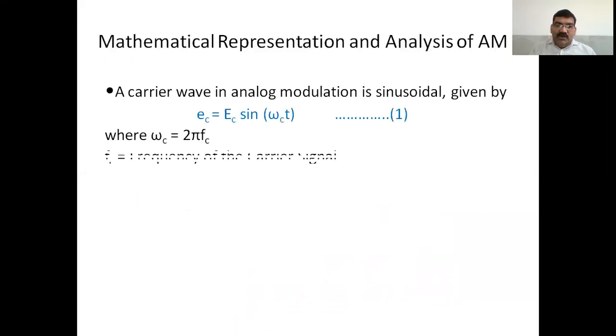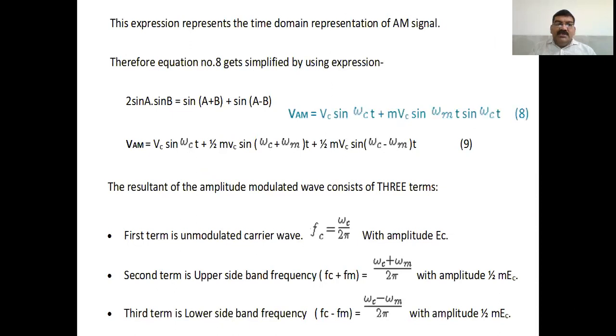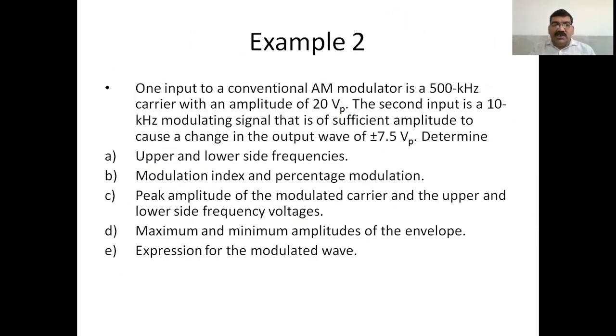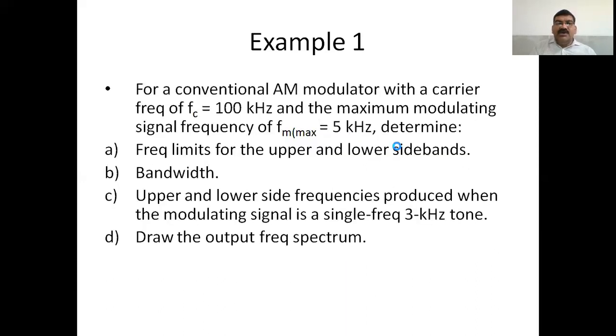Now we will go for the problem. Just specify to me, this is the question to you: the modulation index and percentage modulation. So what is the carrier amplitude? So this 20 volt is EC or EM? EC or EM? Anyone quickly? This is EM. This is EC. So EC, the formula we have to use, this formula. So you have to use this formula.